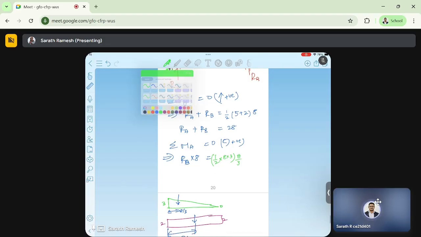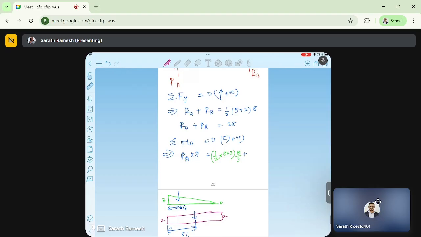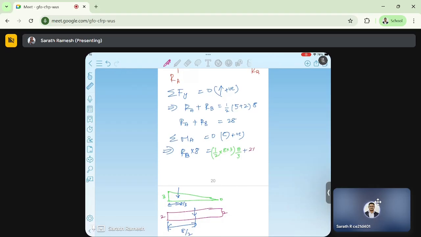This plus one more we have. I use this color. That is, area is 2 into 8, and this is 8 by 2. Now this will give rise to, 3 will get cancelled, 64 by 2 is 32